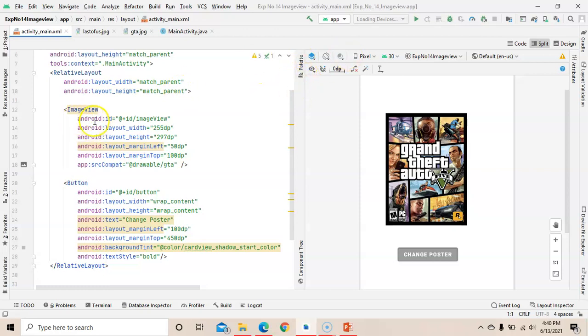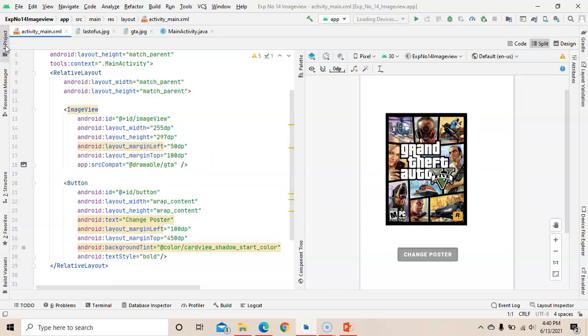Here the attributes of the image view are mentioned. Margin left is 50 dp, from the top it is 100, and app:srcCompat equals drawable, with the image name GTA. This image you need to save in the drawable folder.